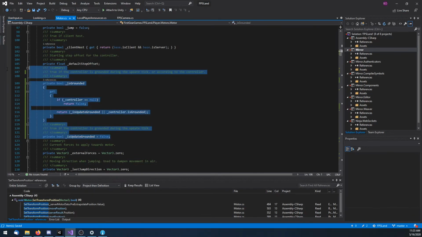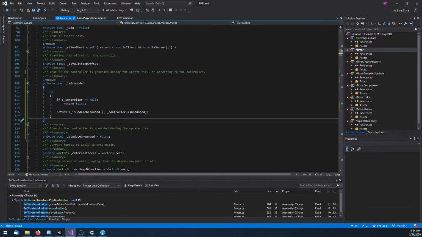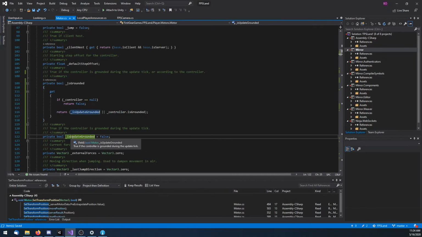This is basically the character controller. I noticed it has some weird issues with determining if you're on the ground. Sometimes it'll say you're not on the ground in update, even though you are. I don't know why it's doing that, and I don't have any ability to change that behavior. So what I do is I run an if grounded check in update, or rather I set